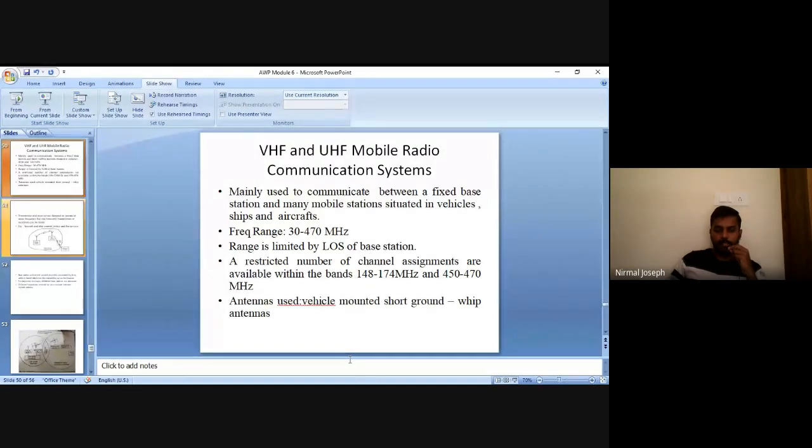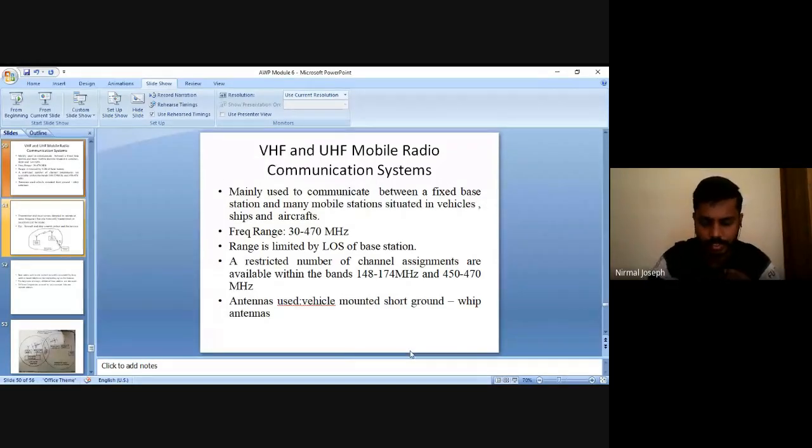Okay. Here, the type of antennas used are vehicle mounted short ground whip antennas, that you might have seen in the defense sector. If you have visited any defense area, there will be a vehicle parked in front of that particular area, and it will be mounted with a small antenna or a small dish antenna. And you can even see the security persons using this handset to communicate in between. So the entire station is under that surveillance. That antenna is this short vehicle mounted short ground whip antenna.